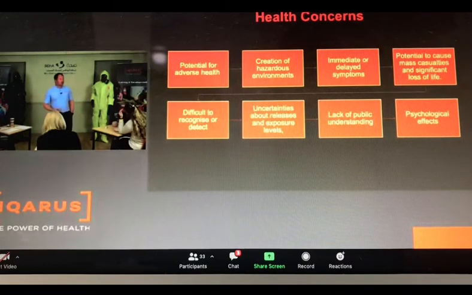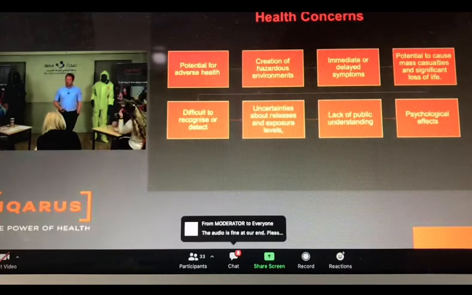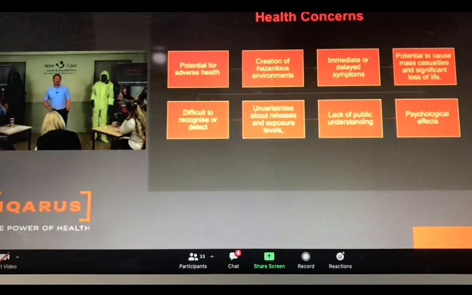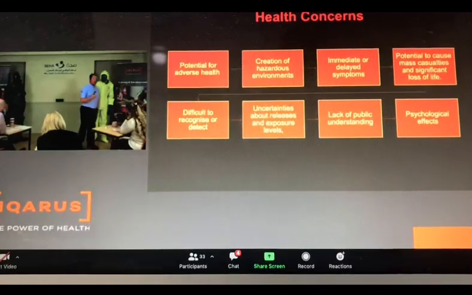This can cause uncertainties about their release. We may not know it's happened, or we can't detect it. And without those detectors, we won't know the exposure level, and we may not know who's been exposed. This can lead to a lack of public understanding, because if we don't inform people, they will make their own minds up and they'll start to panic, and you can get that civil unrest. If we don't inform them correctly, they might not follow our guidance, things like the 2-metre rule and the